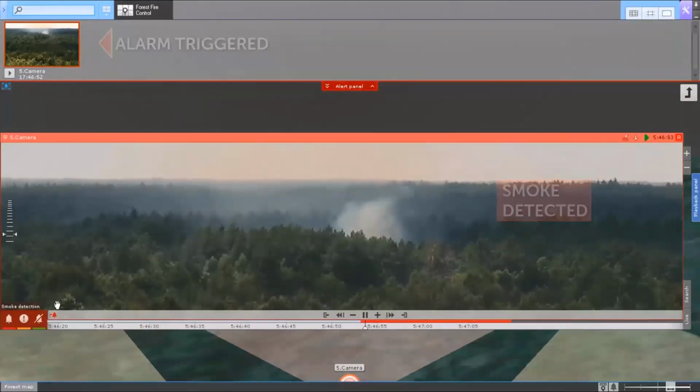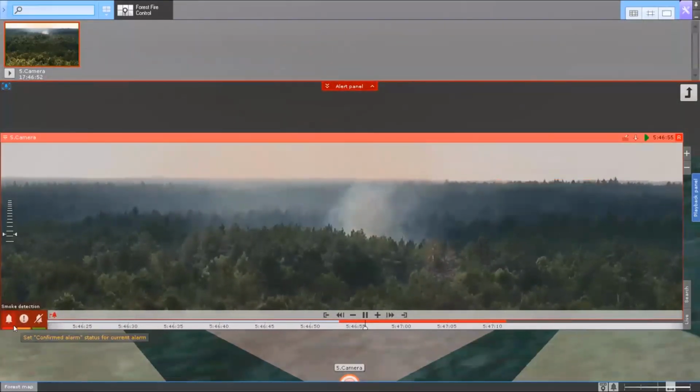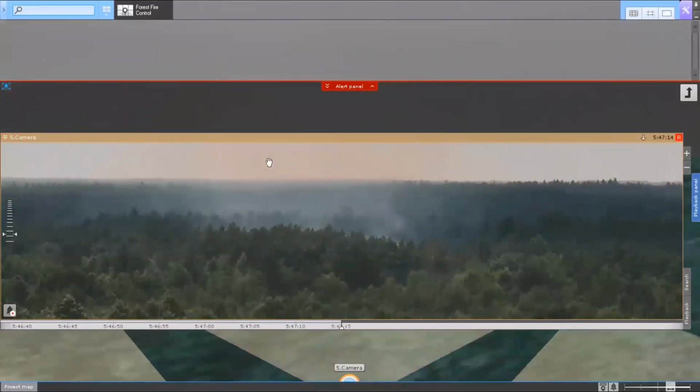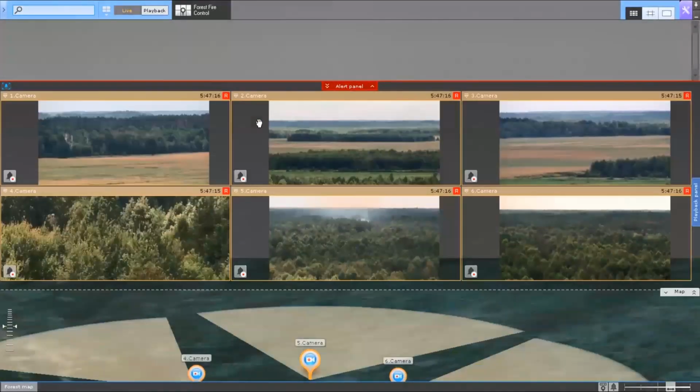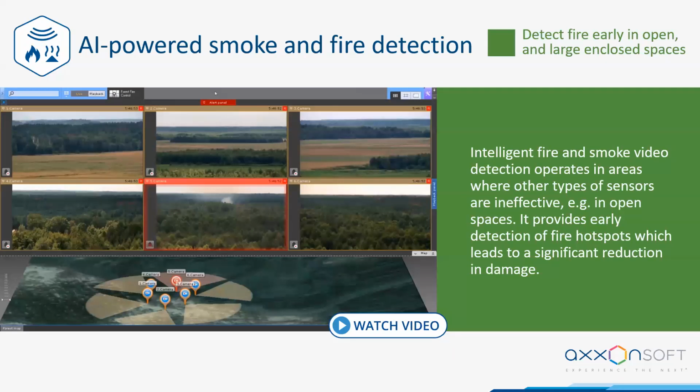This video shows a fire notification system that has successfully passed testing in Belarus. The system deploys a rotating PTZ camera, which automatically scans the forest for rising smoke. A neural network, specifically trained in similar conditions, distinguishes smoke from clouds, fog, and dust. So our solution can be used as a standalone tool for open space areas like forests, parking lots, stadiums, roads, and other places where regular fire alarms are useless or ineffective.